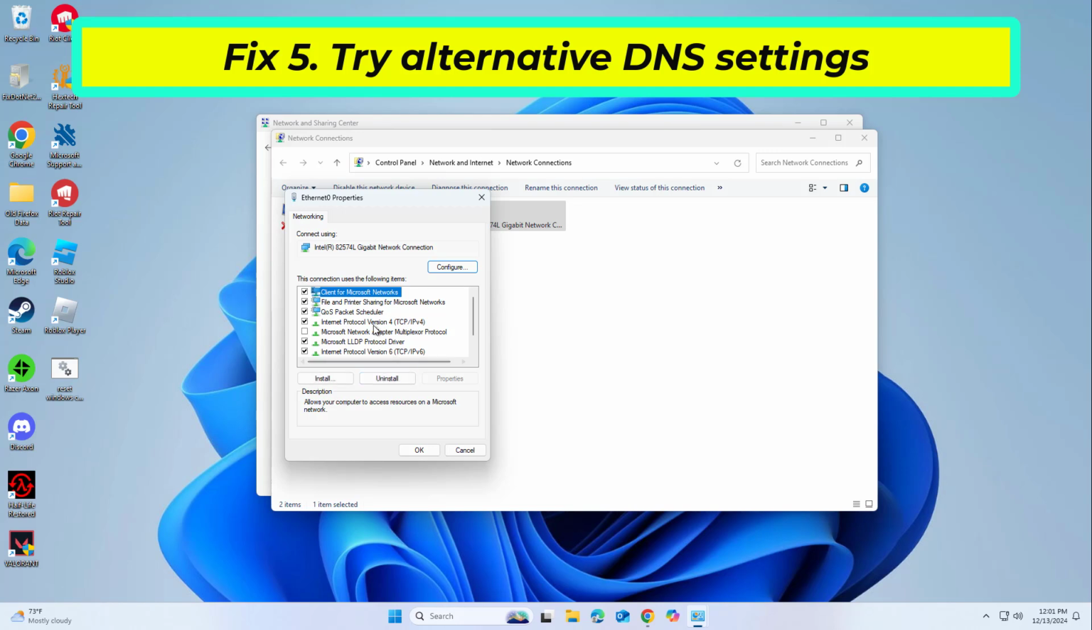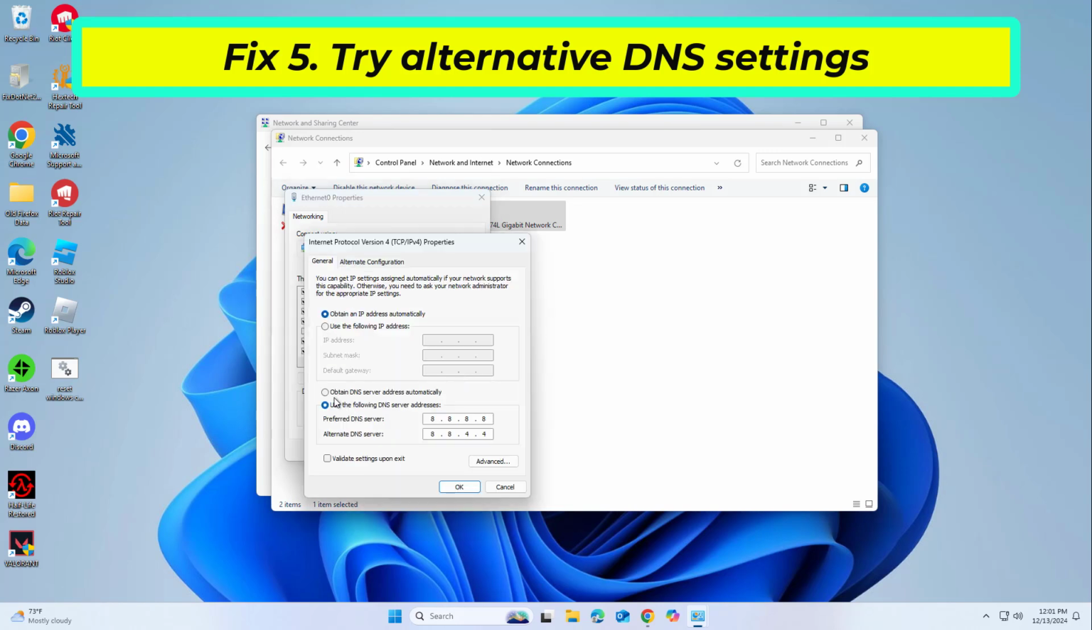Select Internet Protocol version 4, TCP/IPv4, and click Properties below. Preferred DNS Server, 8.8.8.8. Alternate DNS Server,